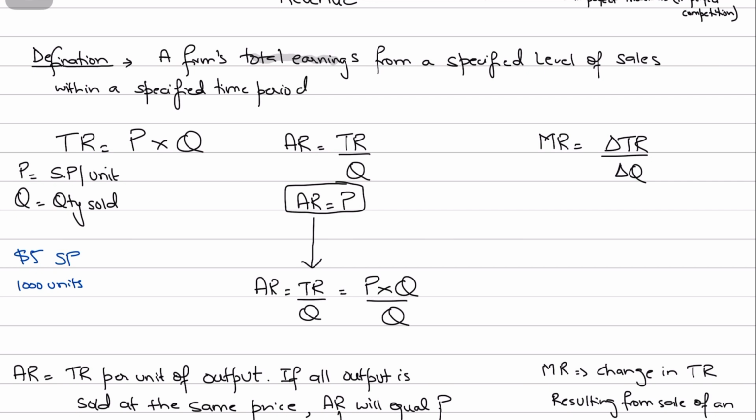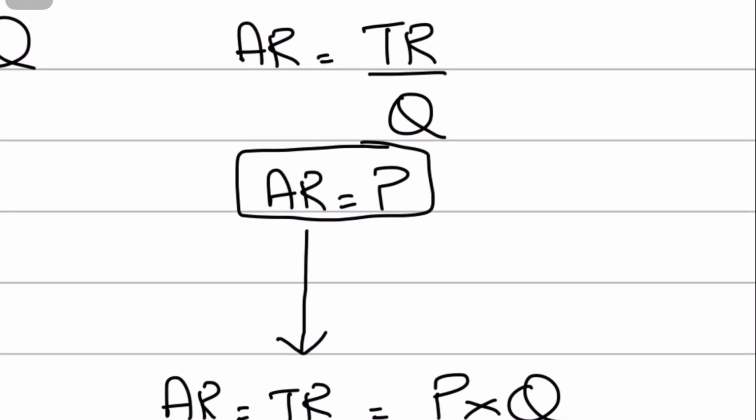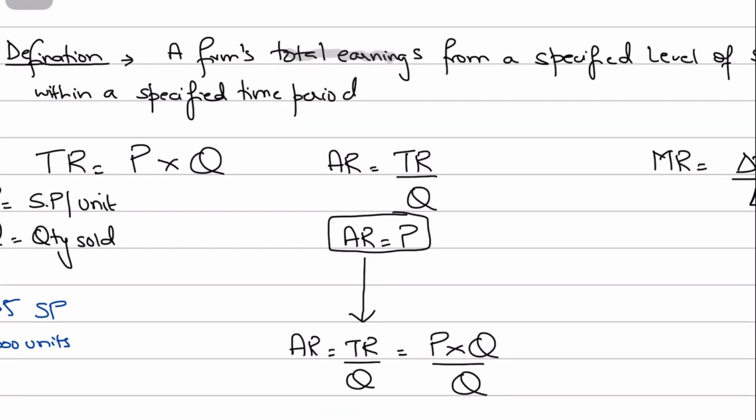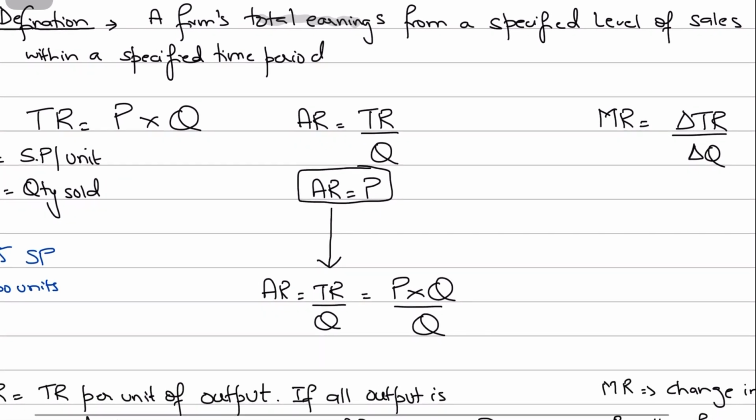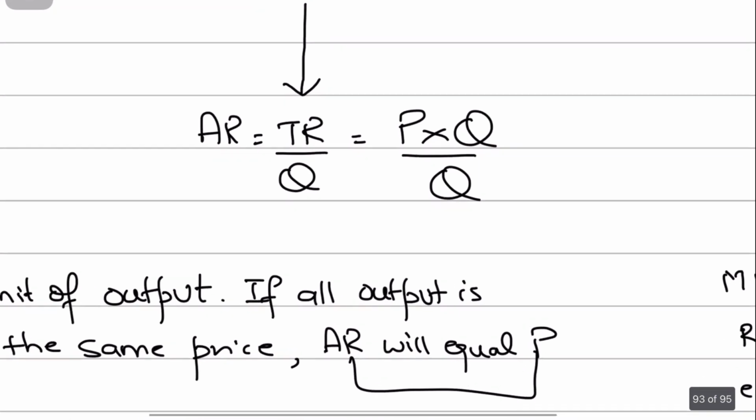So, guys, first of all, what is average revenue? Average revenue, remember, guys, is equal to price. Average revenue is revenue per unit sold, and that would always be equal to price, and the formula is total revenue divided by quantity. Now, why will it be equal to price? Mathematically, it will always be equal to price because,